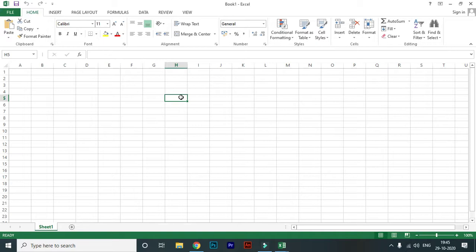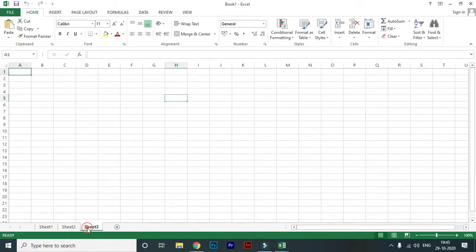So children, first of all, we learn about the workbook. What is a workbook? The workbook is the basic Excel file; it is a collection of multiple sheets. Here you can see there are three sheets: Sheet 1, Sheet 2, Sheet 3.